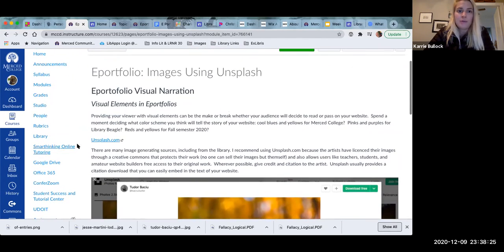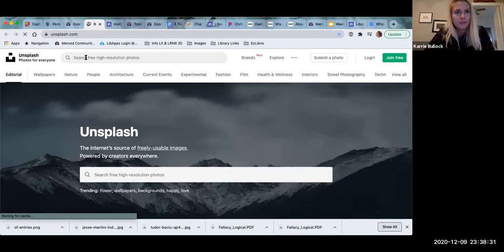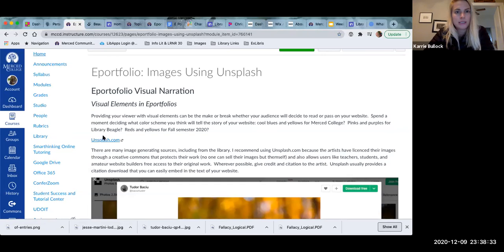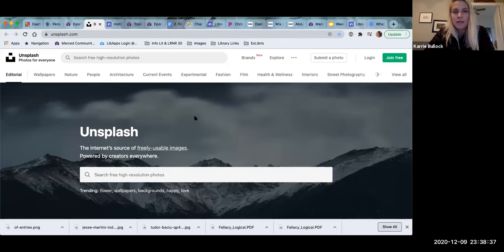So I started integrating some mushrooms into my, but anyway, I'm gonna go ahead and select Unsplash right now. And this takes me to Unsplash. And I'm recommending Unsplash because it is one of the most free image resource